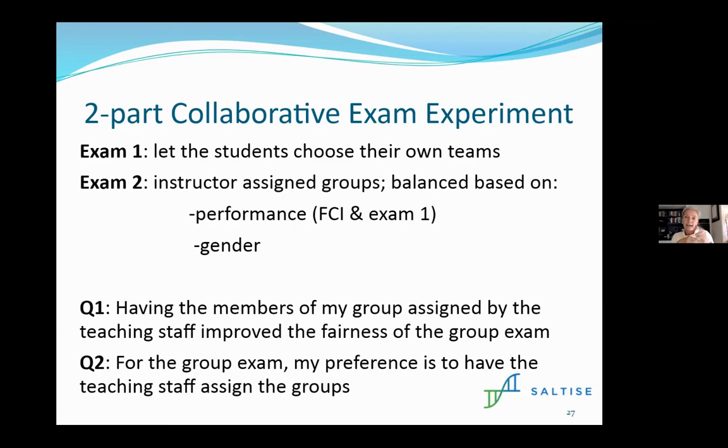And we surveyed them after the second exam. So after they experienced both conditions, we asked them these 2 questions. We asked them, to what extent do you agree with the statement that having the members of their group assigned by the teaching staff improved the fairness of the exam? They had to state agree or disagree on a 5-point scale. And then the second question was, for the group exam, my preference is to have the teaching staff assign me. Okay, so if you go to the next slide,